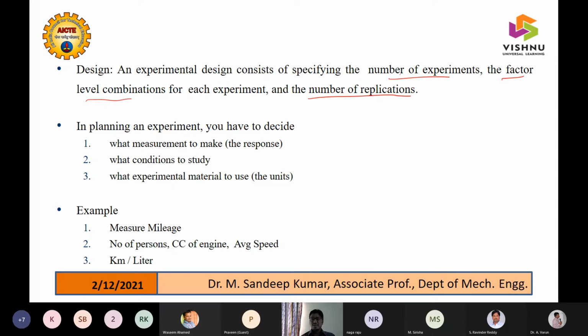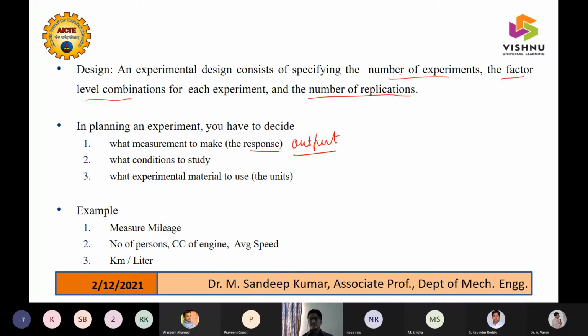Usually when it comes to any experimentation, we concentrate on the output, which we generally call the response. So we want to know what the response is. It may be a single response or multiple responses.